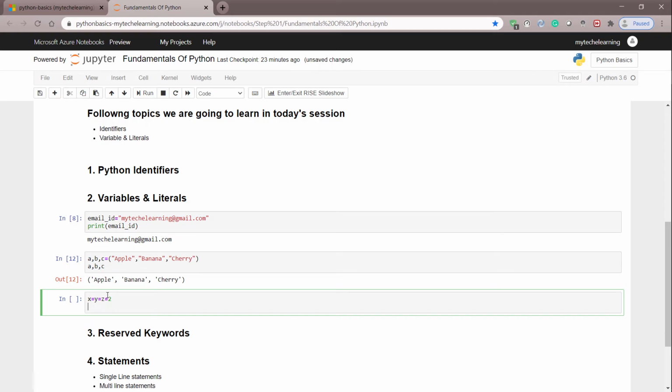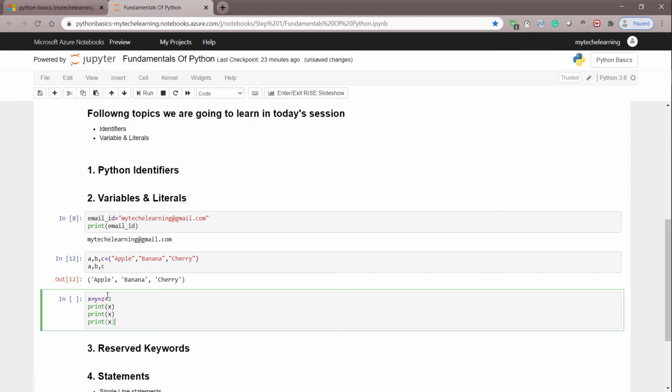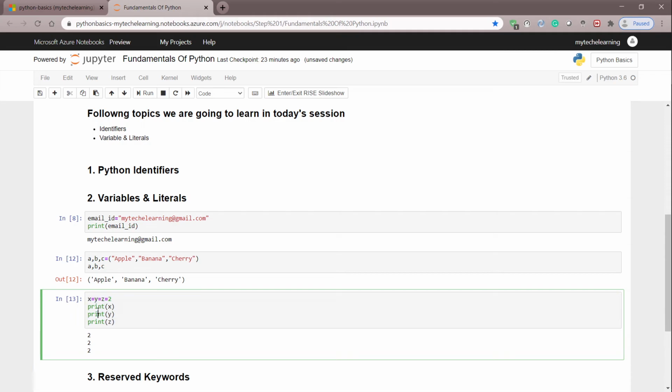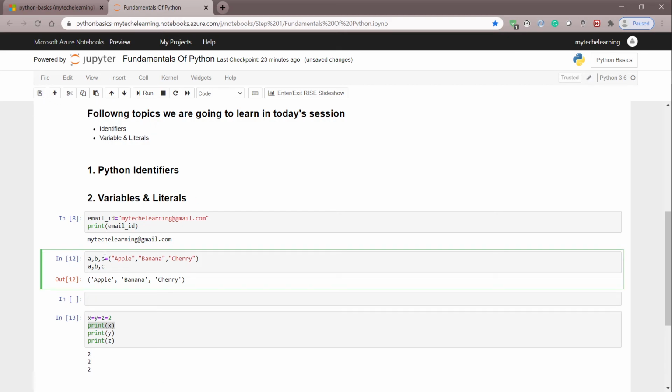Print X. See guys, I got the output. So what I wanted to present is, if you want to print multiple statements with different values on different lines, this is one way to print into different lines. And if you want to print the same thing here, you can use the same sort of statement with a print function,